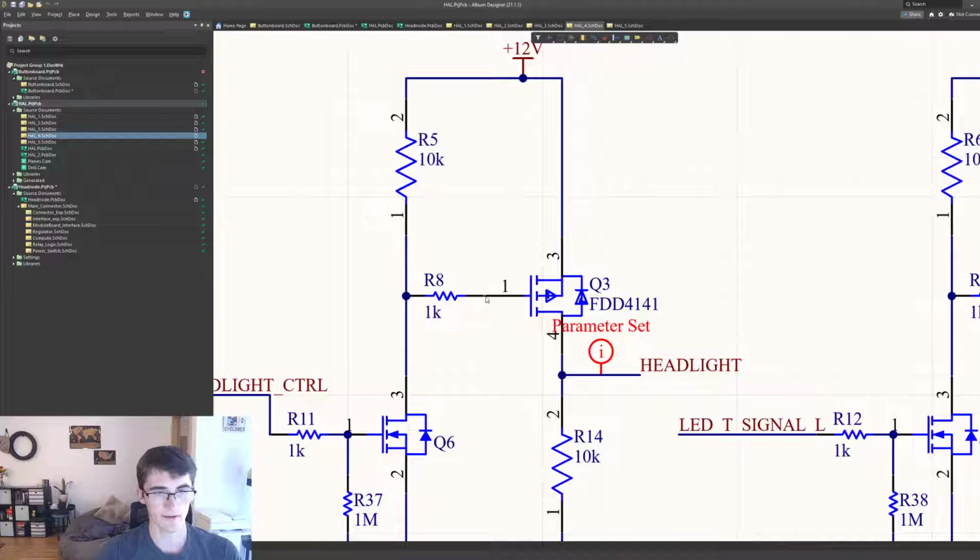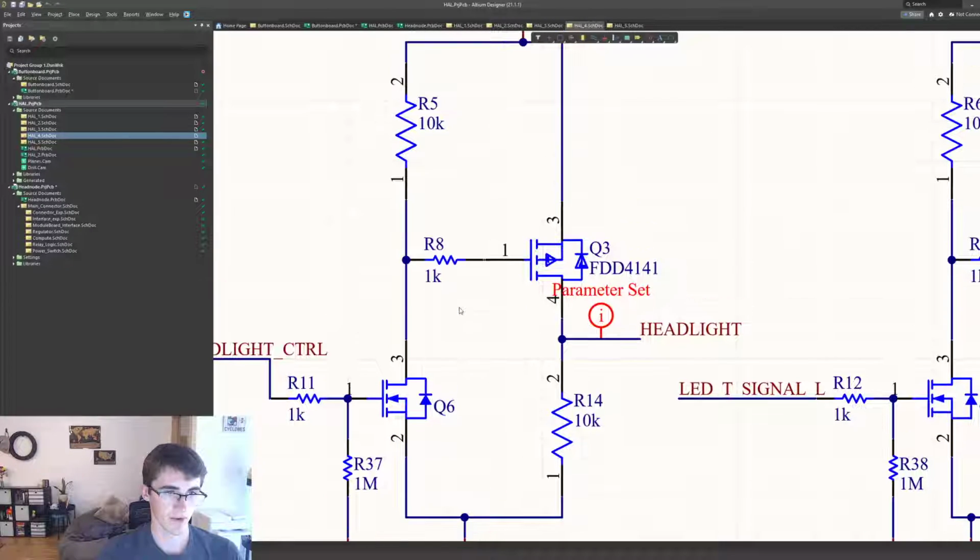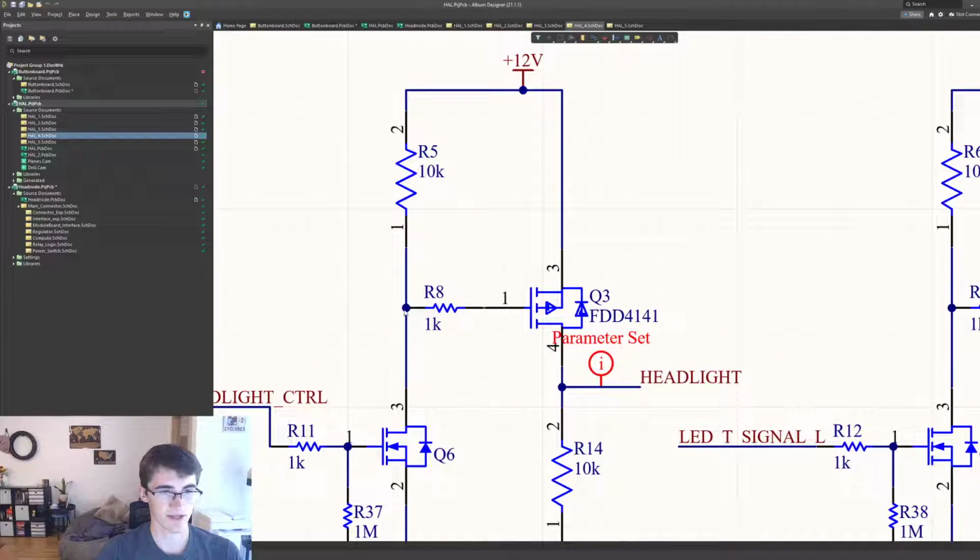But when you conduct the ground through here, current's going to take the path of least resistance, so current is going to be grounded on this R8 line, and then 12 volts here is just going to go into pin 3 and not also pin 1. So then VGS will compare that difference and say, hey, the source is 12 volts and the gate is 0. So VGS is going to be negative 12 volts, which is enough to conduct current between pins 3